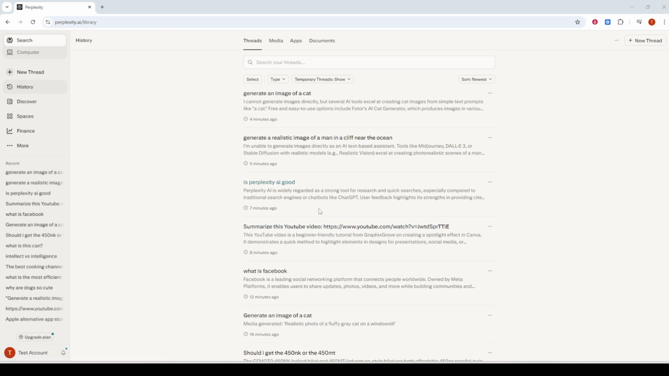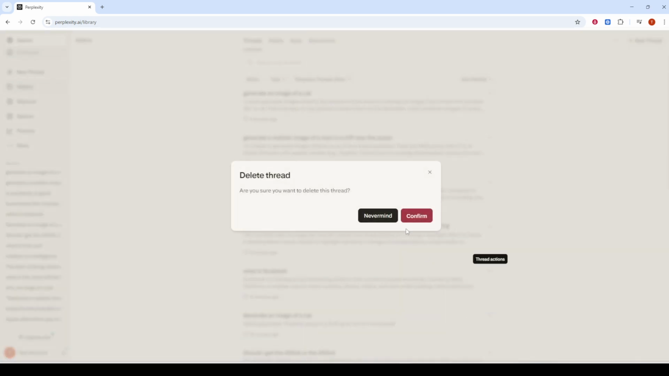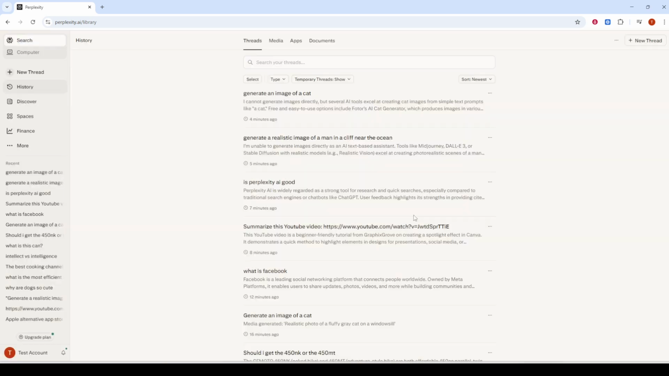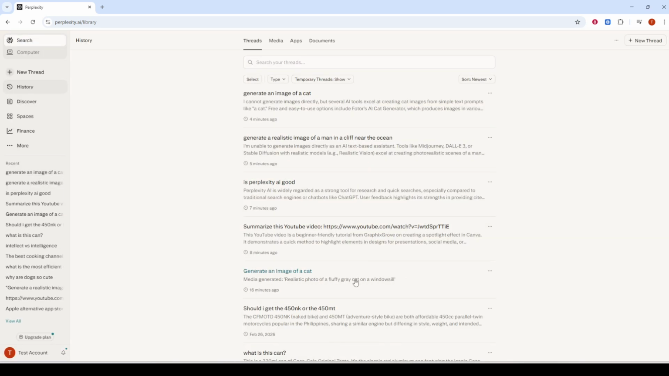If you want to delete just one thread, find it in the list and look for the three-dot menu icon next to that thread. Click the three dots to open the options for that specific conversation. Choose Delete. If you're asked to confirm, accept the prompt, and that thread will be removed from your library. This method is great when you only want to clean up a few outdated or duplicate threads while keeping the rest of your work intact. You can repeat this for any other individual threads you want to remove, one by one, without affecting the rest